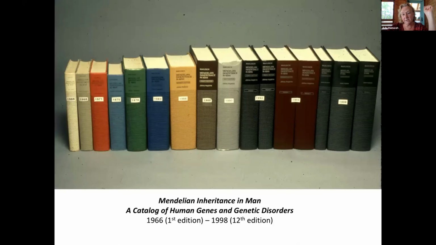Mendelian Inheritance in Man started out as a bunch of notebooks and then turned into a book in 1966 and was published in 12 editions. The last one, in 1998, had 3 volumes and 8,400 entries, on onion skin paper. Today we have over 26,000 entries, so we can't publish this book. Just for historical context, the book in 1966 had 1,400 entries and no genes. It was all phenotypes, a catalog of autosomal dominant, autosomal recessive, and X-linked phenotypes.